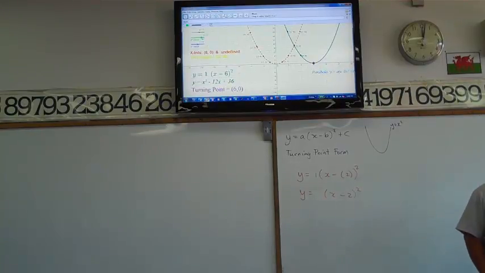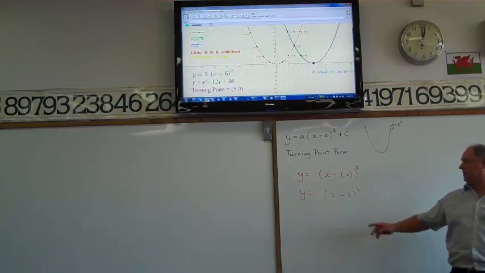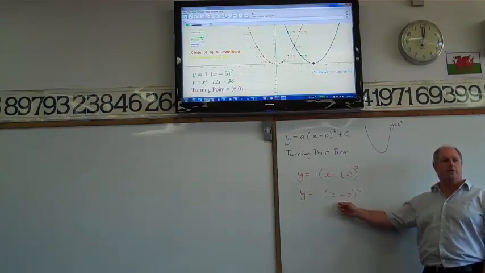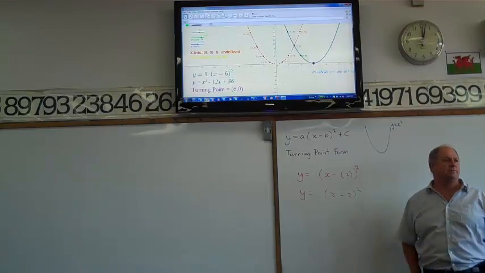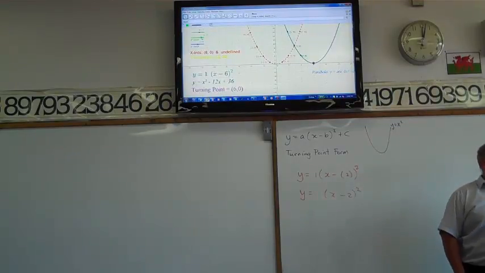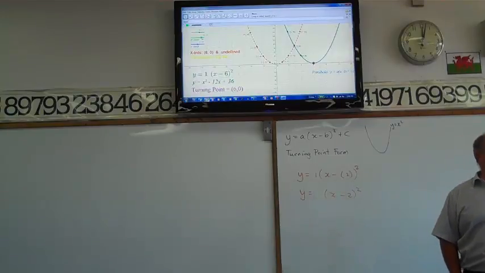Georgia, you could probably make a suggestion for us. If it's negative inside the brackets, it will translate or move the graph to the right that many units. Say that again, Georgia, nice and loud this time. If it's negative inside the brackets, it will